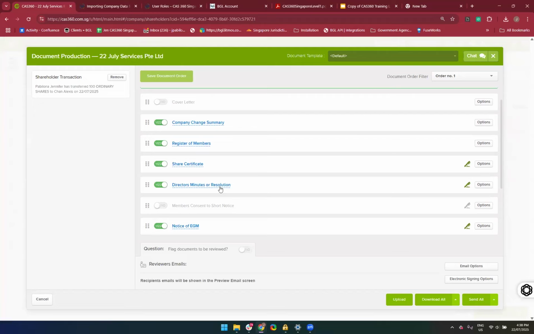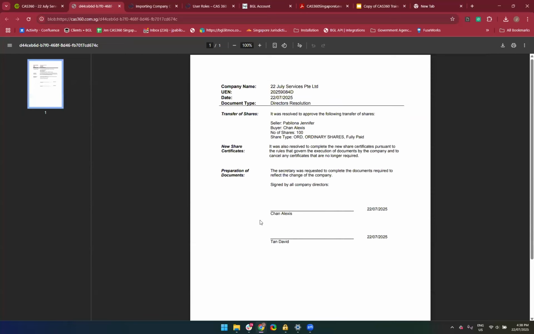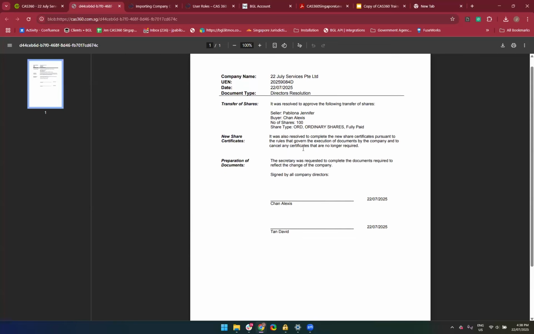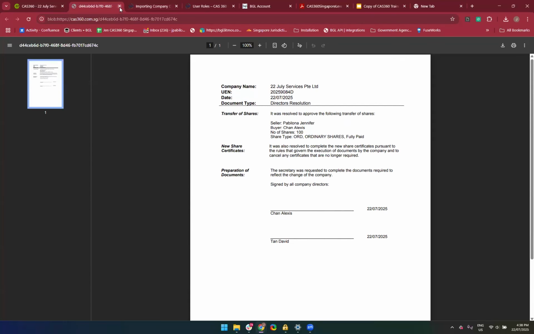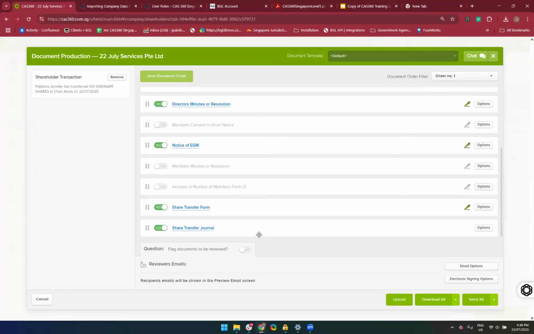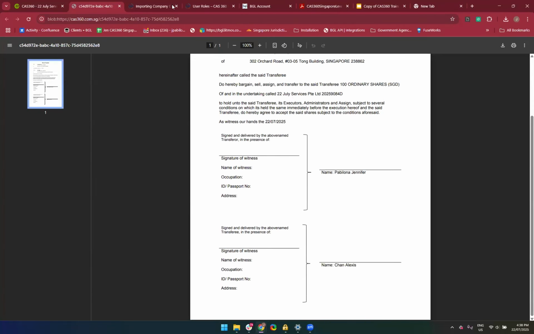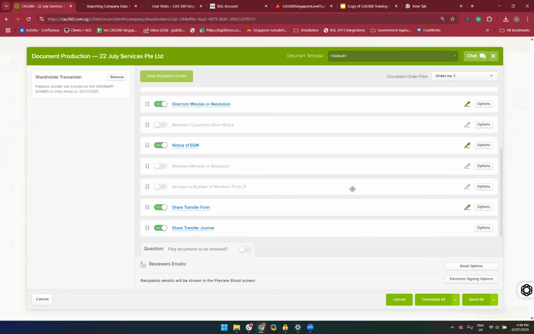Now, coming back here, again, we have the director minutes and resolution. The system automatically recognizes that this is a share transaction. Therefore, it will populate the necessary disclosure information with a standard system format. This is the CAS 360 format. And you also have your share transfer form. So again, you have the ability to download the document or set an automated document reminder for the client to